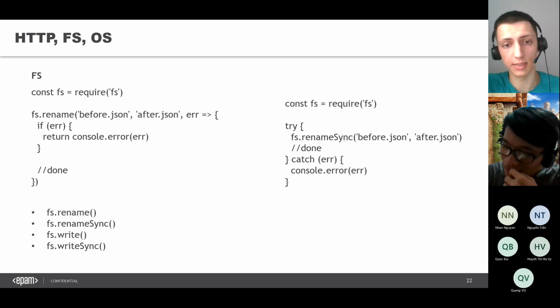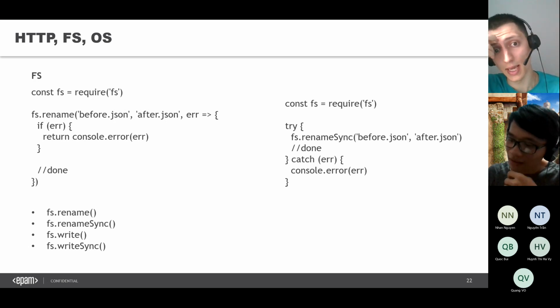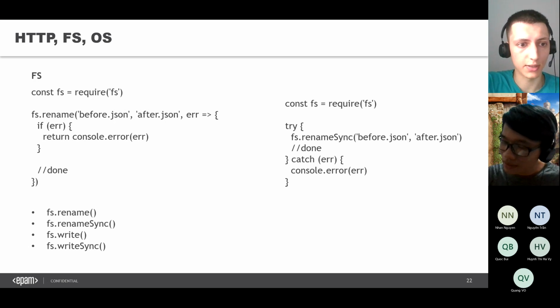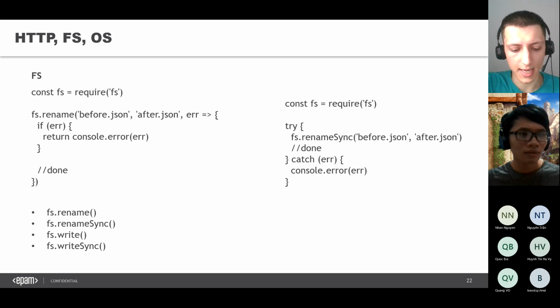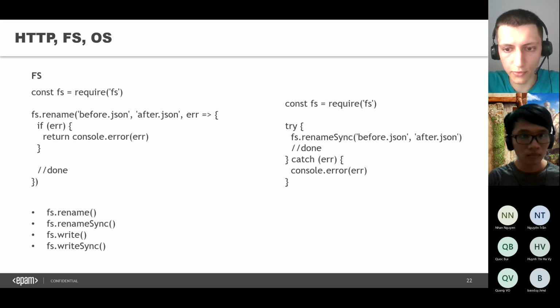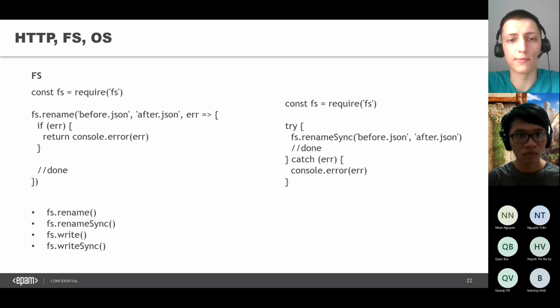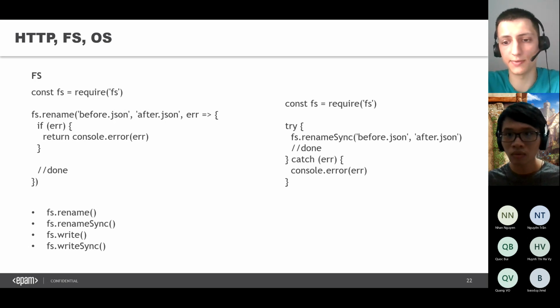Because when you use this in a production project, on a server, for example when you want to read a big file and you use the readSync method, reading the file can take a couple of seconds, and during these seconds all of your application will be stuck, waiting until this operation is finished.